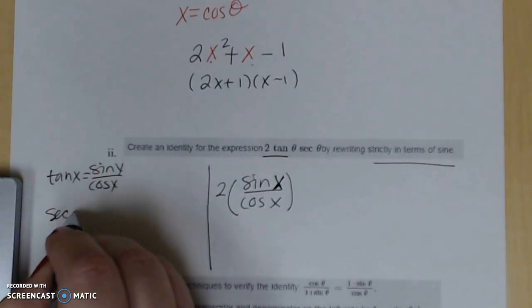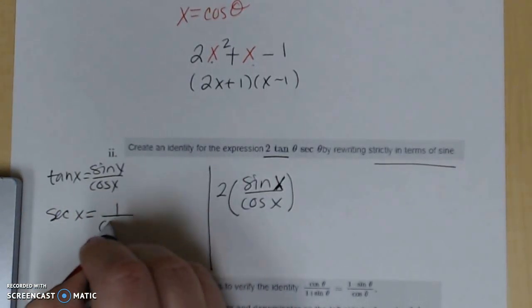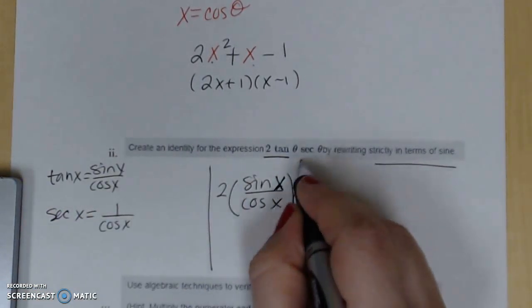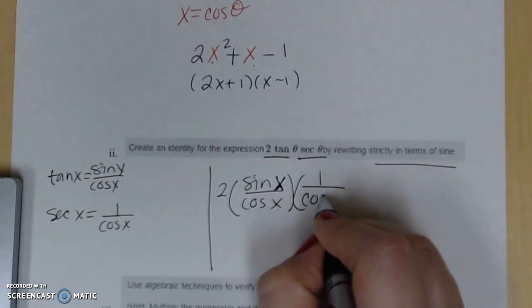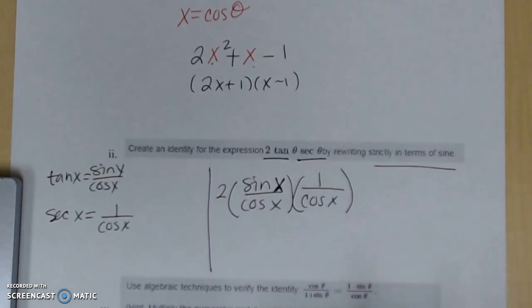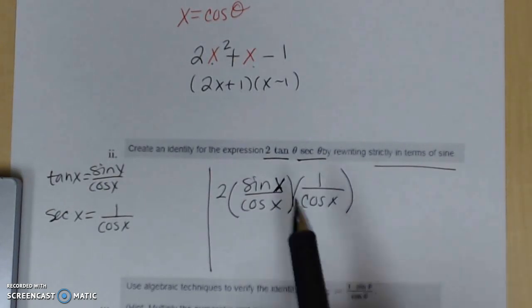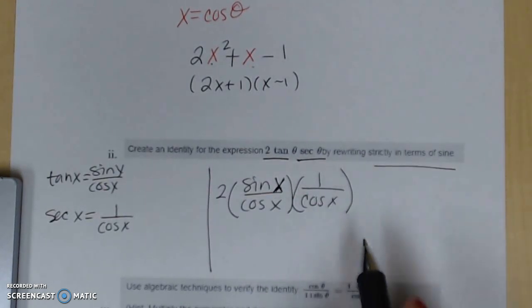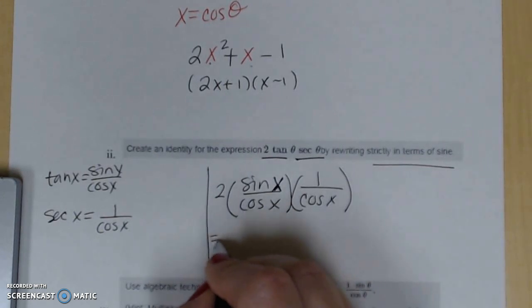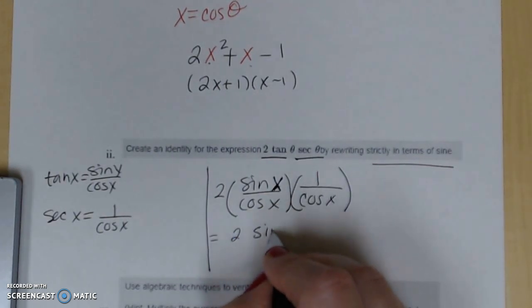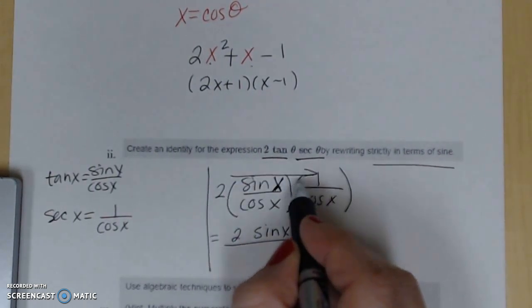I also want to remember that secant x is equal to 1 over cosine x. And so secant x, I'm going to rewrite as 1 over cosine x. So I'm at least heading in the right direction. It's not all in terms of sines right now, but I've got some good tools to work with. I'm going to put these together. So I'm going to say it equals 2 of sine x over, I'm just going to multiply across the tops